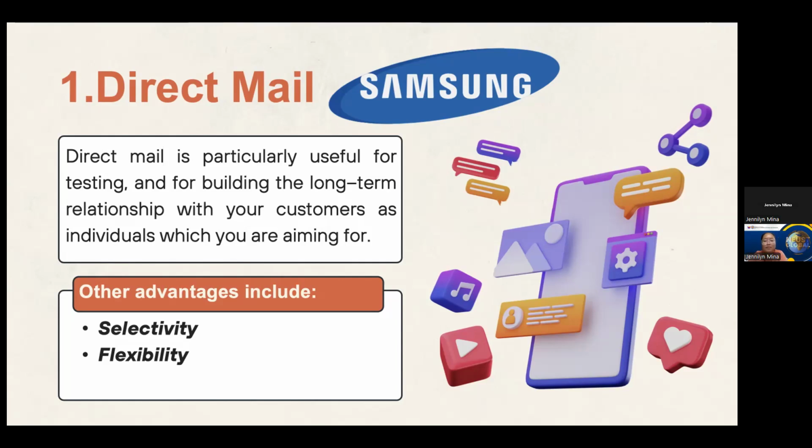Unlike other media, where you have limited space like print ads or time like TV commercials, direct mail allows brands to communicate extensively. Samsung might send out a beautifully designed brochure highlighting the features of their latest Galaxy model. This brochure can include detailed comparisons, specifications, and promotional offers that a simple advertisement cannot convey. So when you are launching a new smartphone, OnePlus could utilize direct mail to send personalized invitations to existing customers to test the new model.